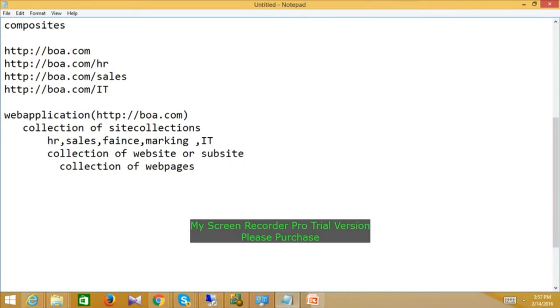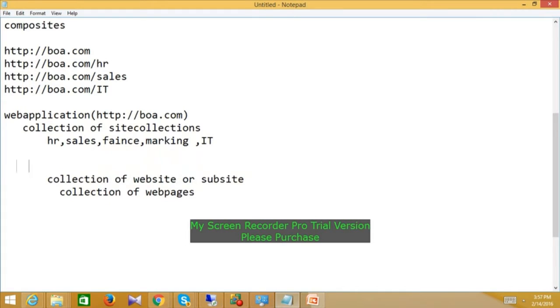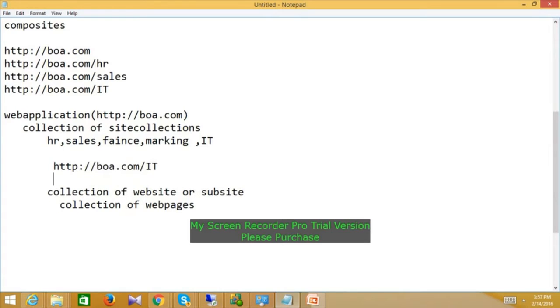How can IT people access this site? bankofamerica.com/IT. How can sales people access this site? bankofamerica.com/sales. See here, IT people cannot access the content of sales. Sales people cannot access the content of IT.